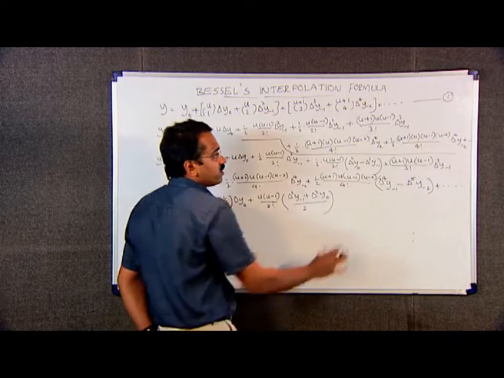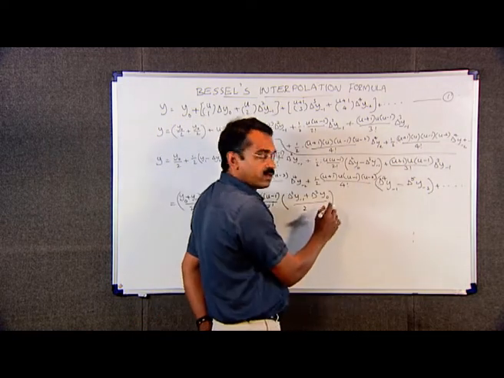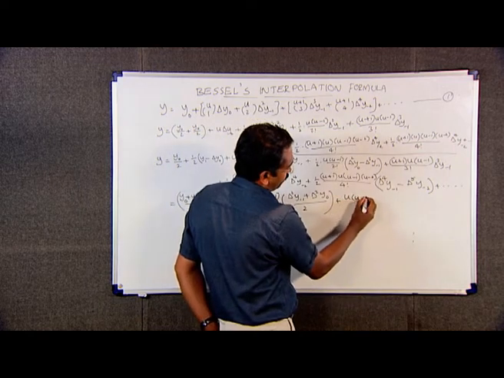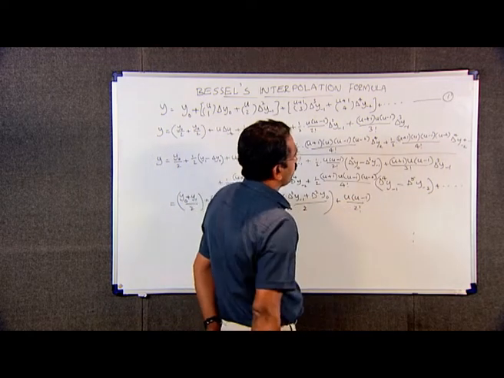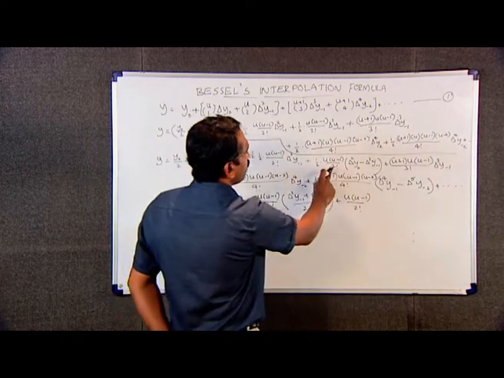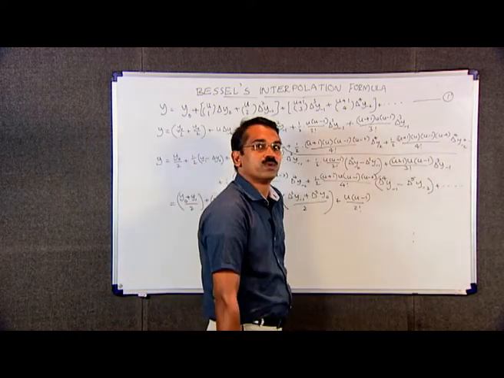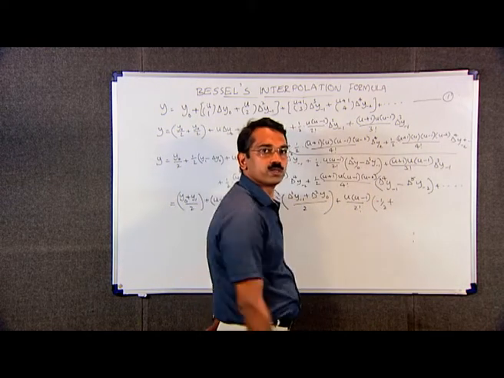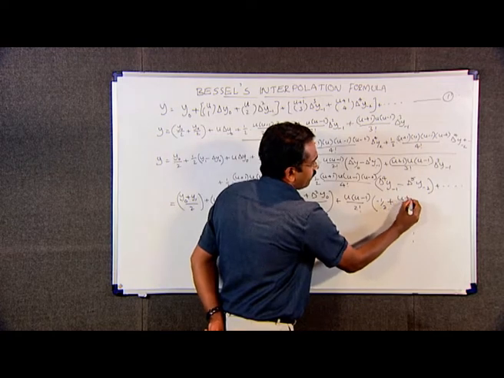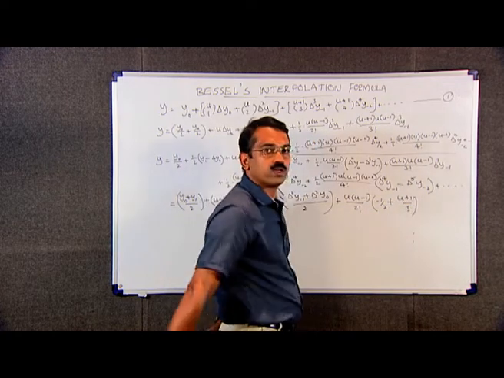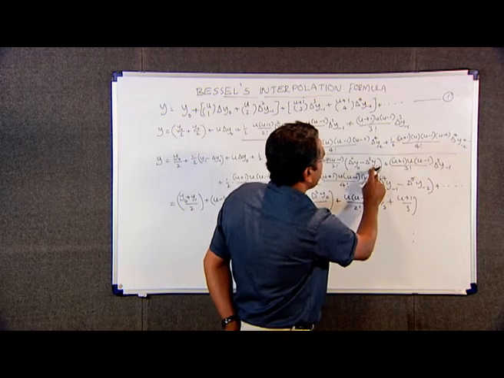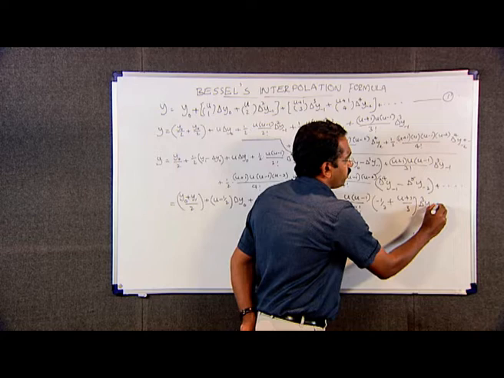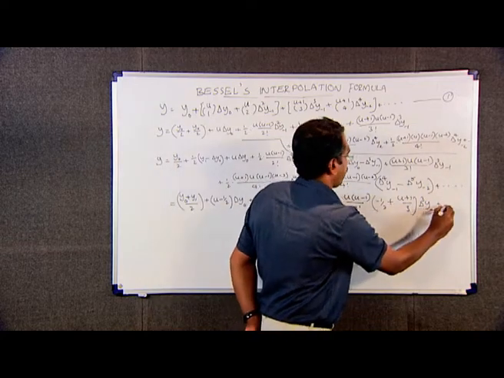We can write these two as u into u minus 1 divided by 2 factorial into minus 1 by 2 plus u plus 1 divided by 3 into common factor is delta cube y minus 1, plus etc.,